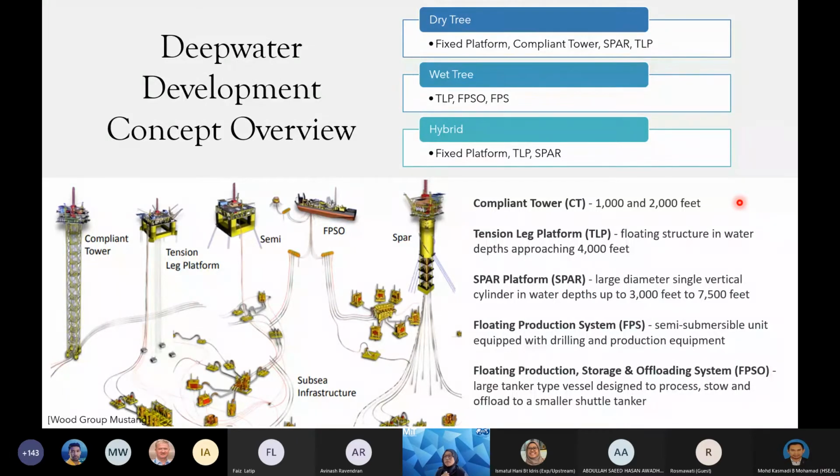And the second factor is your field shape. For example, if your field shape is elongated, meaning you probably need two drilling centers, two clusters, the best bet for you to develop this field is through an FPSO. So the FPSO will be in the middle, and then you have all these risers and flow lines connecting all of them. And economics also plays an important role,